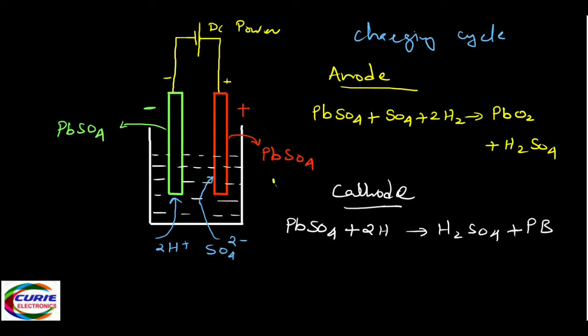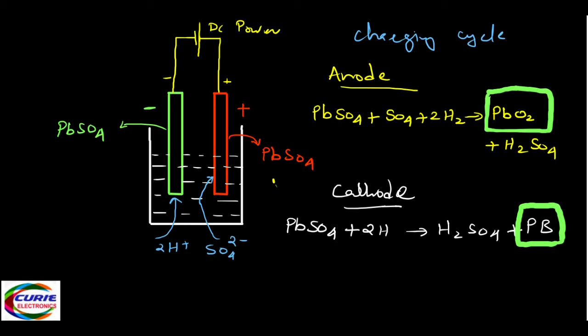Now while charging we got back what was there, before we started discharging. So here these two are the key things. We are getting back lead peroxide, and at the cathode we are getting back the sponge lead, right? Specific gravity also increased because now more H2SO4 is produced. Any point I left out? I think this is the simple working.